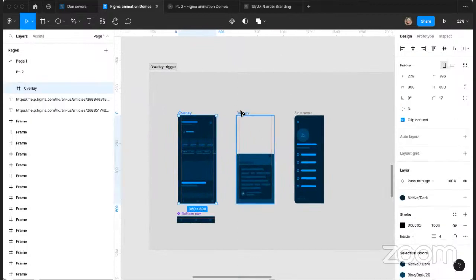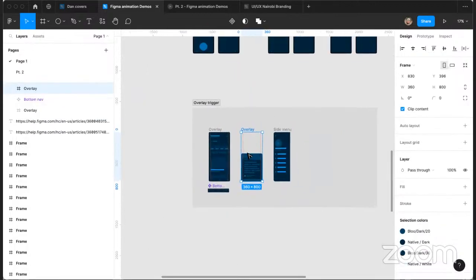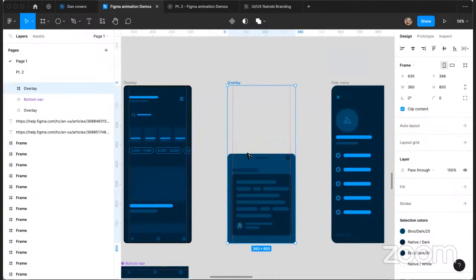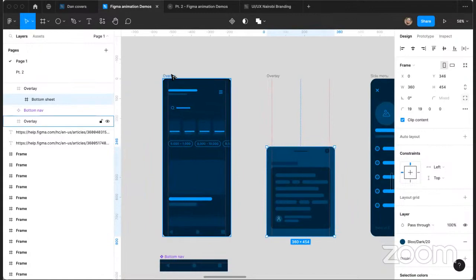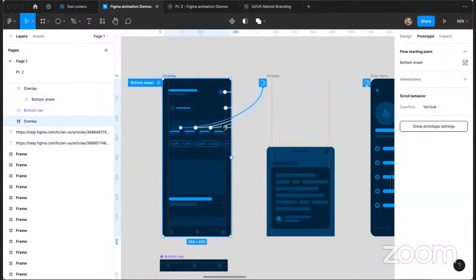When you're designing a bottom sheet or a bottom navigation, most of the time, like if you look at Instagram comments or TikTok comments, it's usually a bottom sheet, and it's usually half the screen size of the page. So you can use half. In this case, let's see which one goes here. If I tap play,